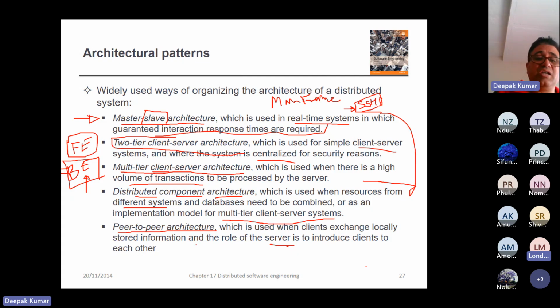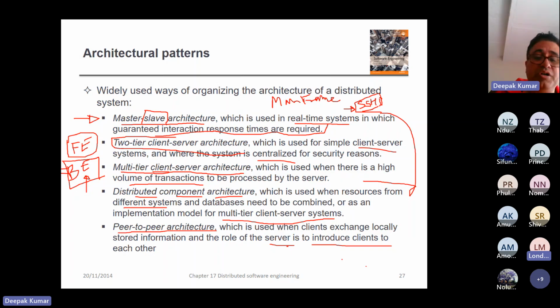Most of the machines are directly communicating with each other, and they are exchanging information directly. There's no server as such. In many peer-to-peer networks, there is no server. In some of them, there is a server, but the role of the server is very minimal. It's just to establish an introduction or establish one communication channel between each other. So peer-to-peer networks, the examples are